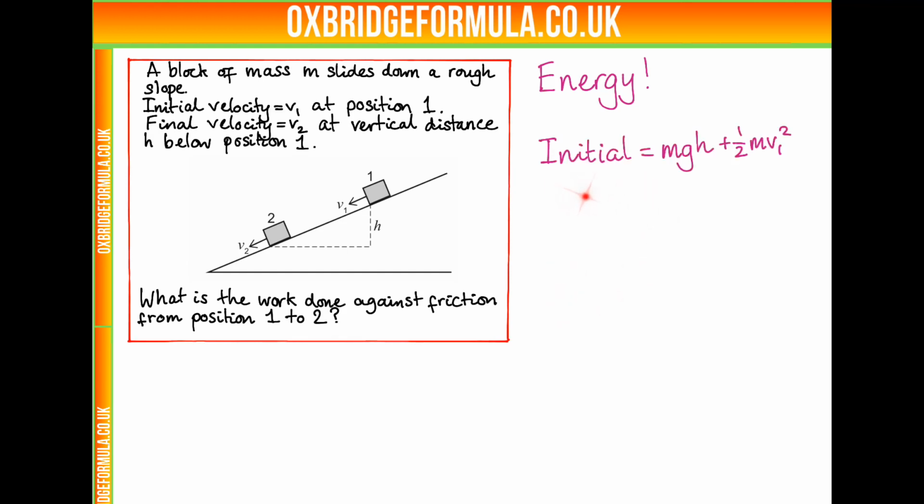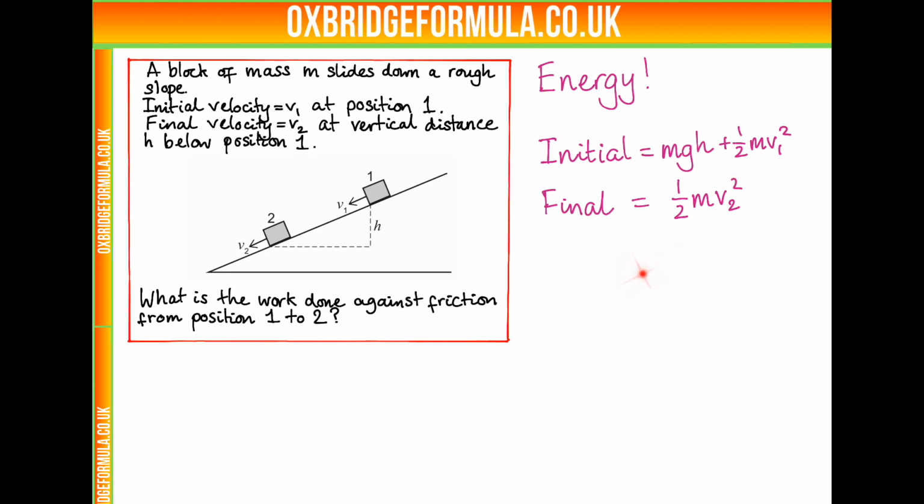So the initial energy is mgh, the gravitational potential energy, plus half mv1 squared. That's the initial kinetic energy. Then when it reaches position 2, the final energy is a half mv2 squared. So if there was no work done against friction, then these should be equal. But if there is some work done against friction, then the discrepancy or the difference between them will be that